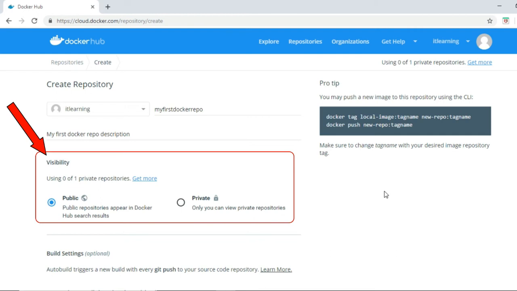Also friends, one more important thing to know over here is that we can create any number of public Docker repositories free of cost per Docker Hub account, but Docker allows us to create only one free private repository per Docker Hub account. So friends, in case you need to create more than one private repository, then you have to pay some amount for that to the Docker Hub.